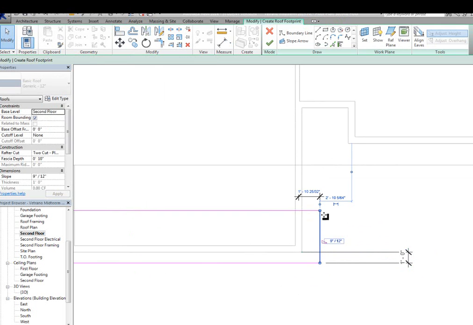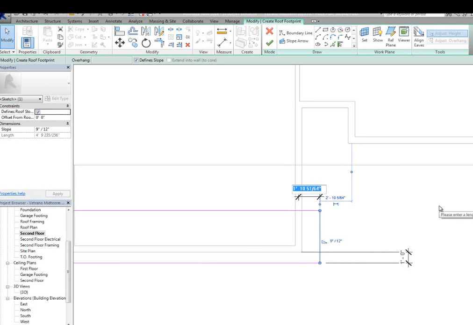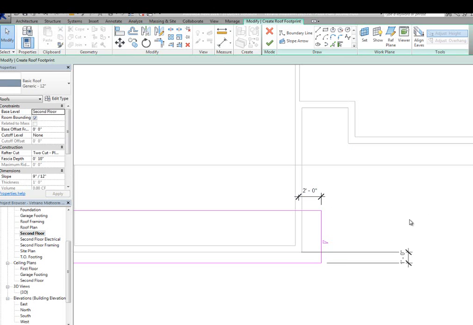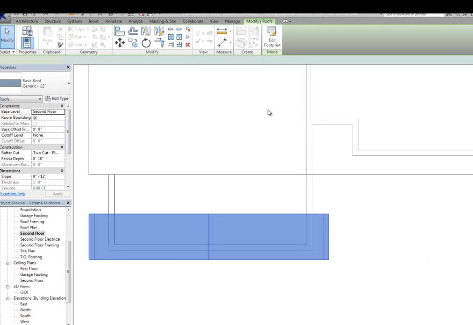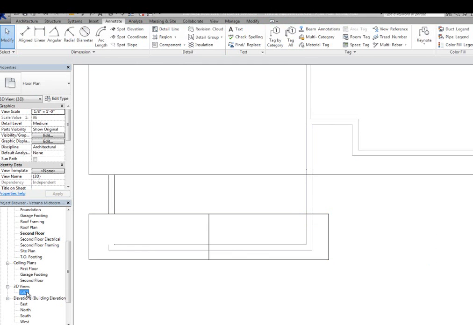And this one here I want 2 feet. If I take that and I say 2, because all my overhangs are 2 feet, I could delete the dimensions and finish my roof. Now if I go to 3D view,